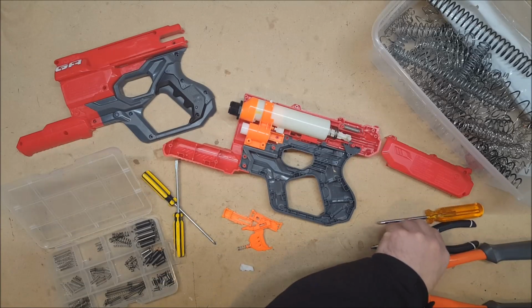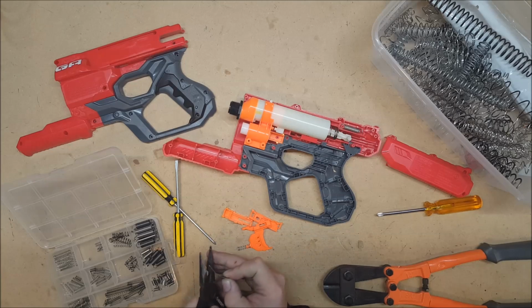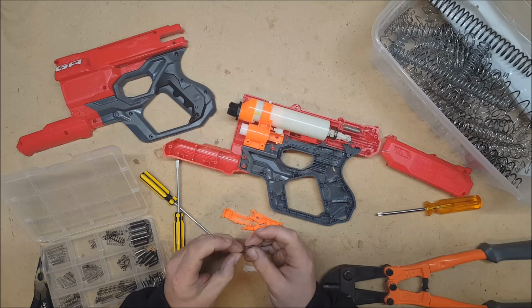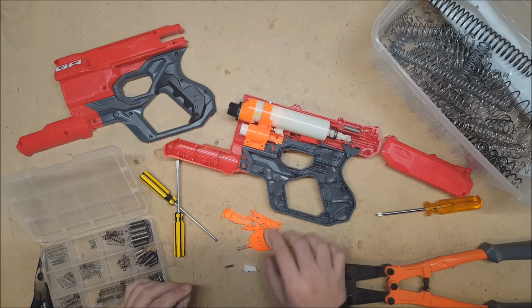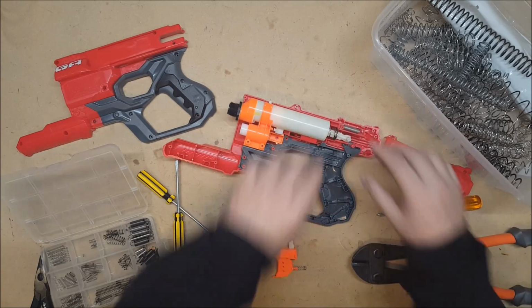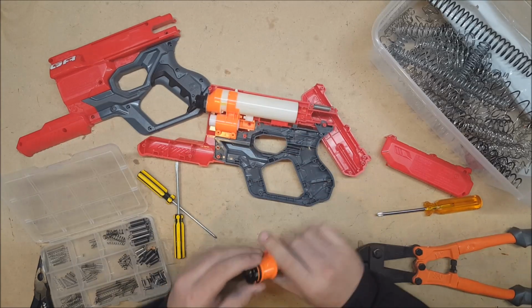The trick with adding spring, of course, is that you still need to be able to get enough compression for whatever you're working on to properly function. So we're going to take a very small spring, but fairly stout, and put it inside the original spring. And then we're going to try and see if we can't find a larger spring that will fit on the outside. This was something I had a little bit of an issue with before. Definitely stouter. Now I'm not even sure what I originally put in this. I added some spring of some kind,